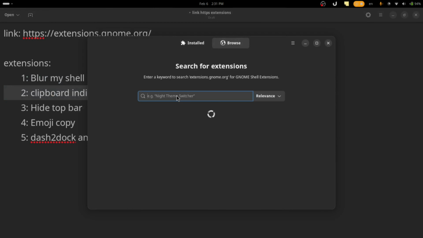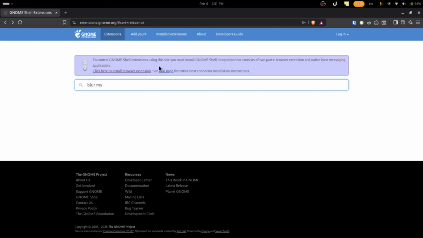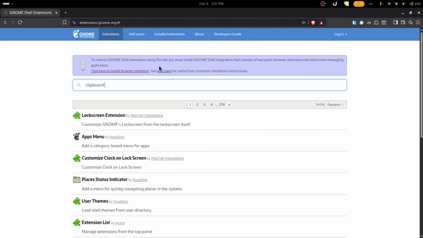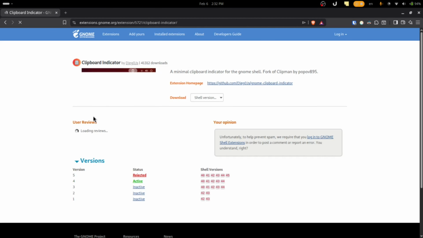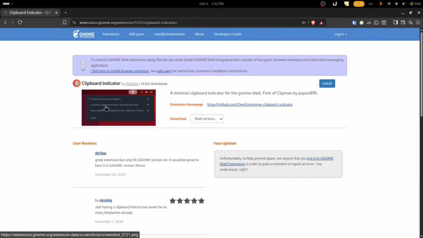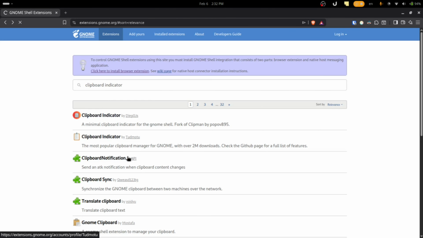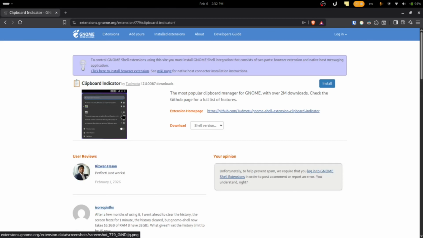How to install it? From here, or you guys can come here and search for it. For example, I'm gonna search for clipboard indicator. Okay, just search for it and wait. This is Clipboard Indicator. Okay guys, you can download this, or you can download the next one. The next one is my favorite. Actually, I want to install this because it has some more